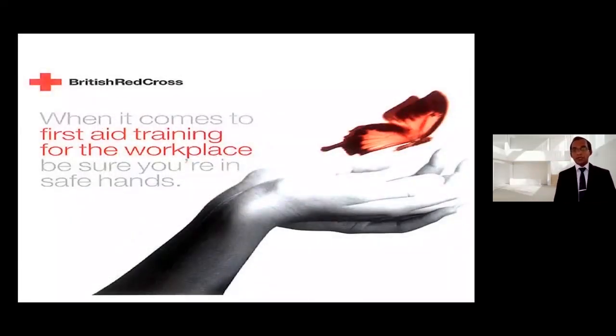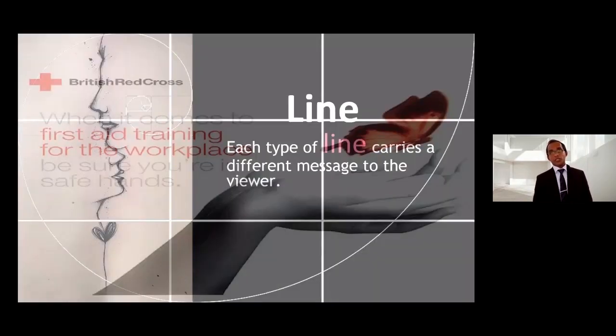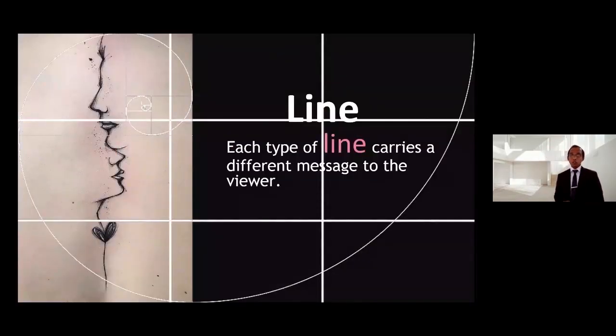Look at this advertisement: just a white background using gray text and graphics. They are really easy to read, so the key message, the logo and the symbols stand out. Another good point, and I'm sharing some special rules under this: a line is a path of dots through space. Lines can carry different messages, meanings and feelings to the audience.